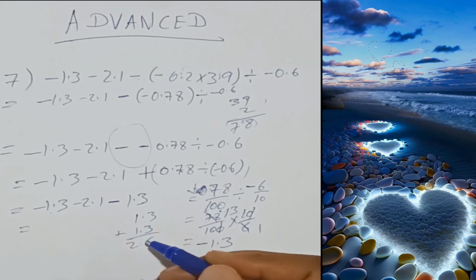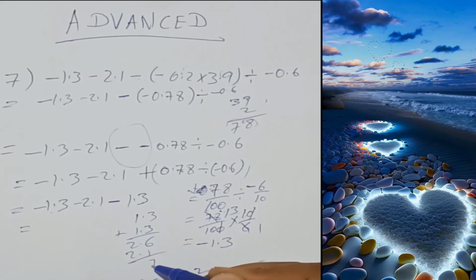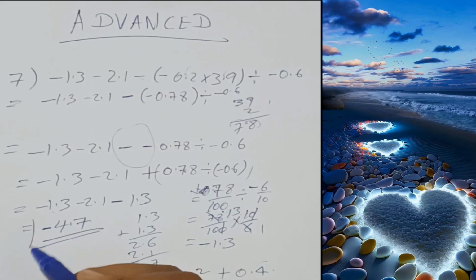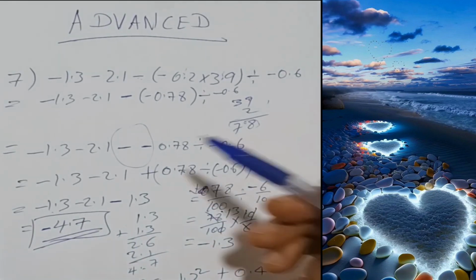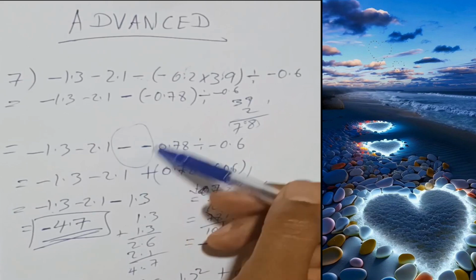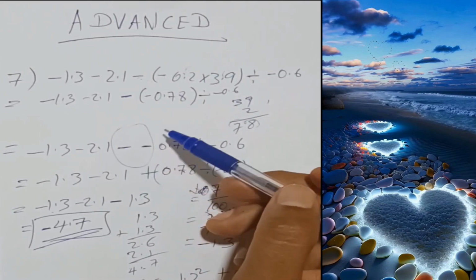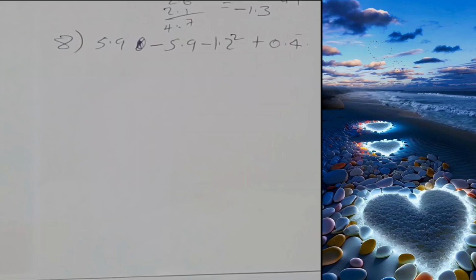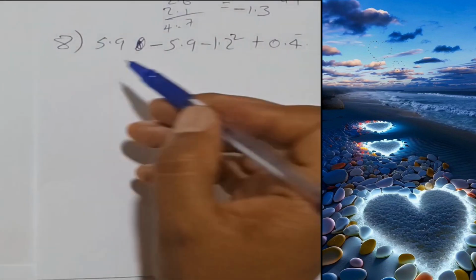So 2.6 plus 2.1 will be 4.7, which is equal to minus 4.7. So be sure of what we did here; this is the main idea behind this test. Thank you so much. So question 8, okay,